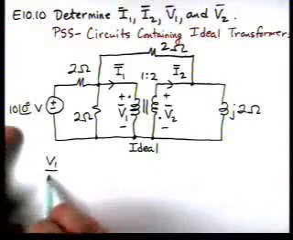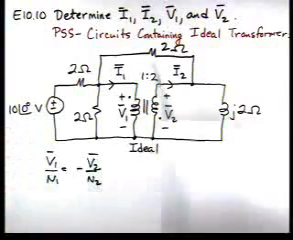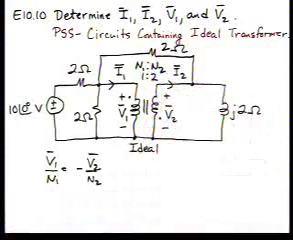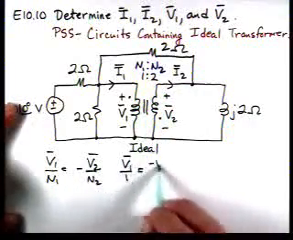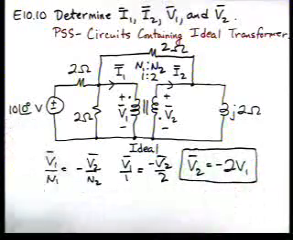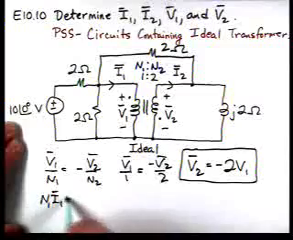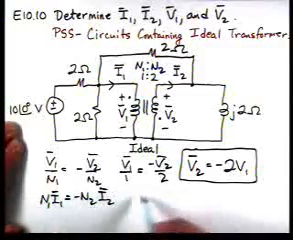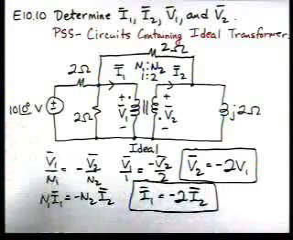we have V1 over N1 is equal to minus V2 over N2. And really, here's N1 and here's N2. So, looking at the turns ratio, we have V1 over 1 is minus V2 over 2. So V2 is going to be minus 2V1. Okay, we'll come back to that equation. Now, also note about the currents, that both currents are defined to be entering dots. So we have N1 I1 is equal to minus N2 I2. So we get I1 is equal to minus 2 I2. So there are our equations